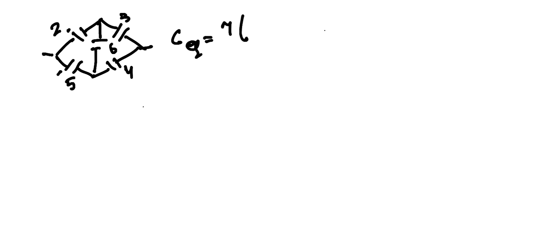Now we consider these 3, 6, 4 and multiply two at a time and add them up. 3 into 6, 18, plus 12, plus 24. Now we will multiply these two, 2 and 5, that is 10, and add them up. 3 plus 4, that is 7. So your numerator part is complete.